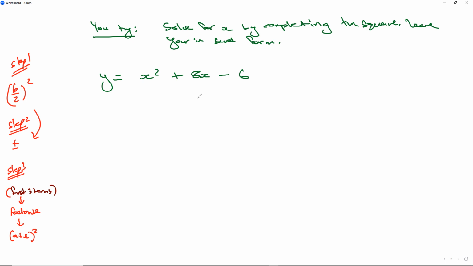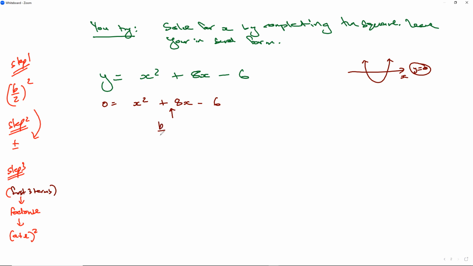So the first thing we have here is we're solving for x, and remember, when we have some kind of x-axis, the roots are always where y is equal to 0. So I can make y equal to 0 and just rewrite the expression like that. Now we want to find x. This expression cannot be factorized. If it can be factorized, we can also solve it, but it specifically wants us to solve for x by completing the square. So we're going to start with step 1, identify the b value,